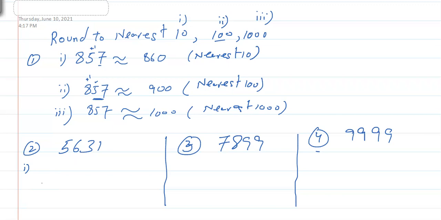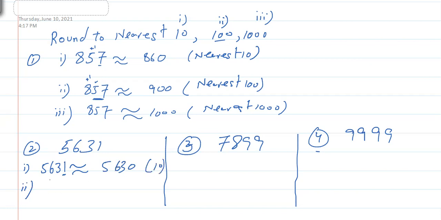Now in the first part, I will round to nearest 10. While rounding to nearest 10, the ending digit should be 0. Now it's just 1, so no need to change anything. A very simple example. Hopefully every one of you did like that. Now for the second one, what should I do? I have to round to nearest 100. That was for the nearest 10. I will just write 10 in the bracket. It means it has been rounded to nearest 10.